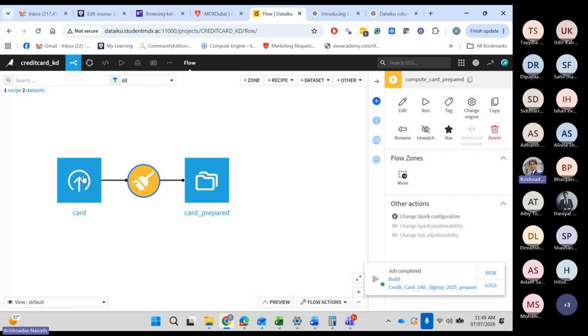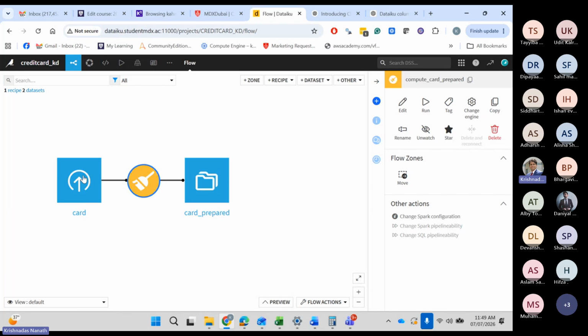This time, what I want you to do is use the same recipe, split, where you split it into train and test. The only difference is you'll have to do the following activity, and listen to it very carefully. First, you need to sort the customers by customer ID.